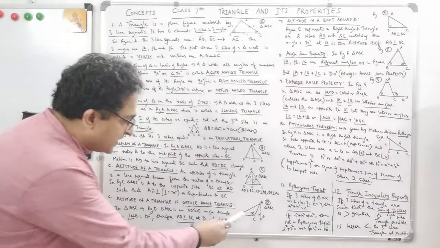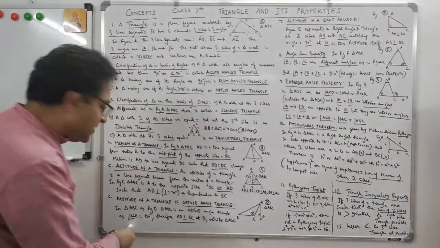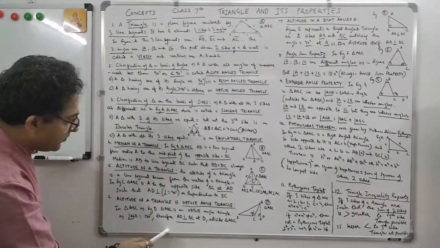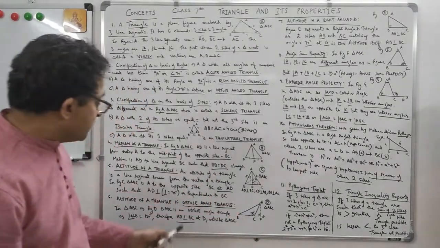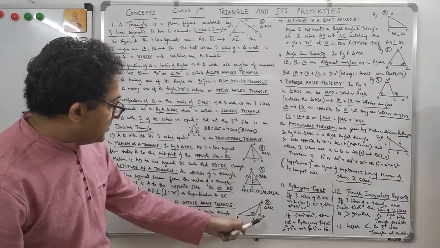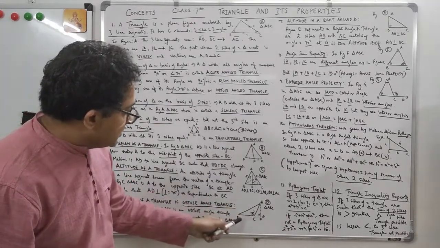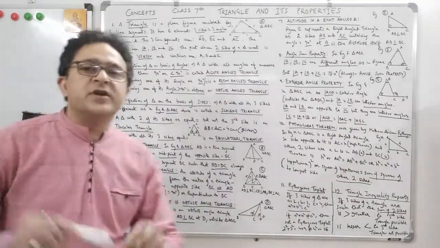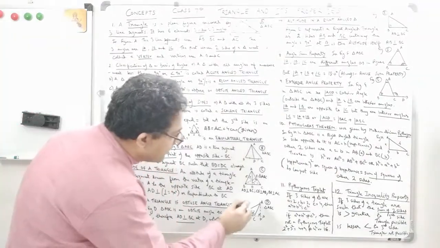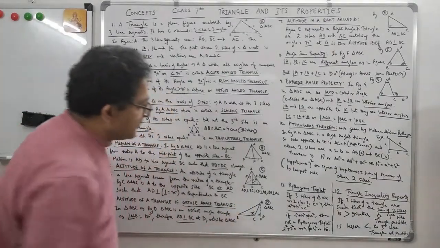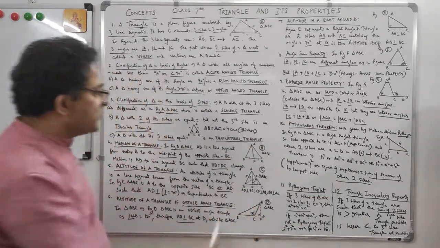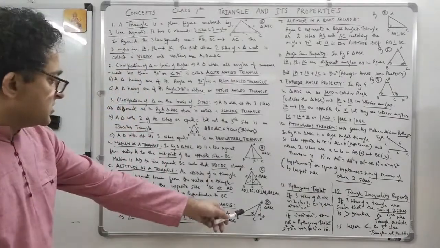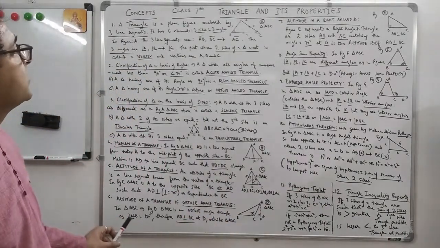Whichever angle is mentioned, that will come in the middle. So you will say angle ACB is equal to 120 degree, which is mentioned also in the figure. Therefore AD is perpendicular to BC at D. It has to be 90 degree. Remember, whenever you talk about altitude, it has to be 90 degree. It will be 90 degree only if you make a straight line on BC, and for this you have to extend it. So it will always be lying outside the obtuse angle. This is how you represent it.